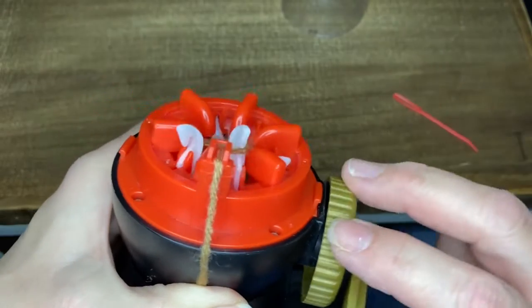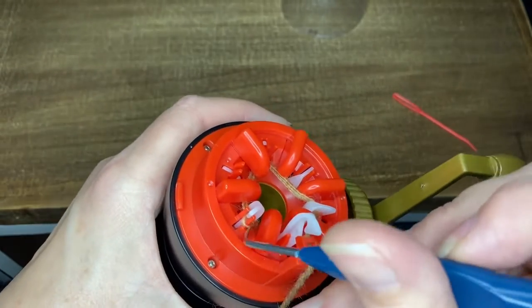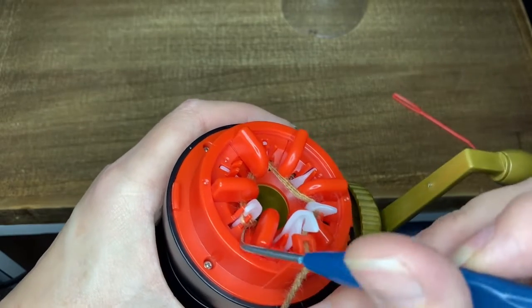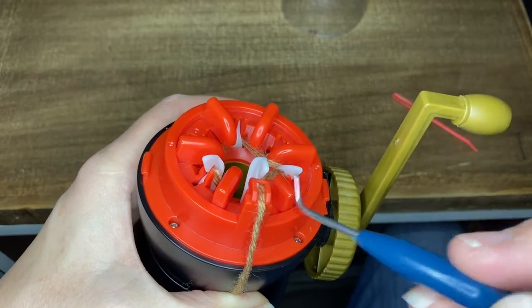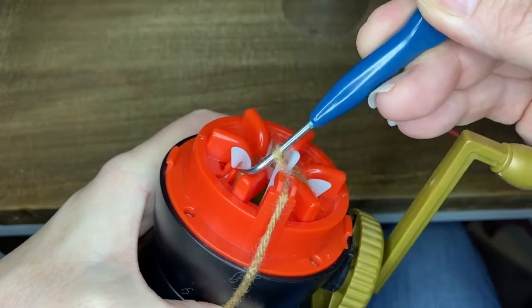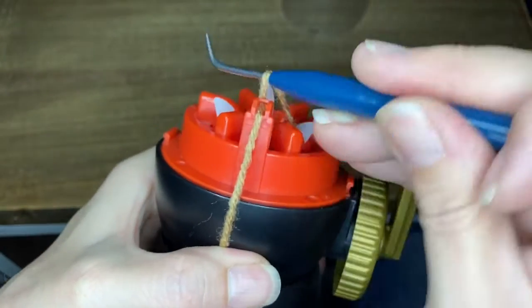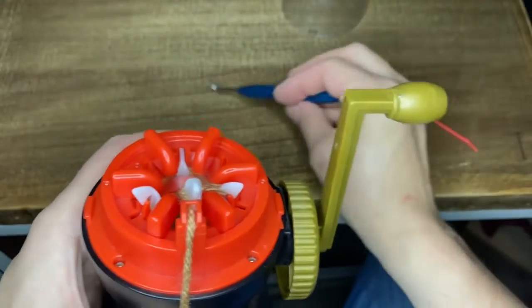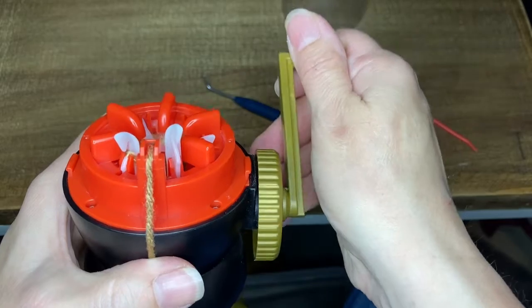Okay, and then we're going to go in front, and this last one we're going to go behind. There are just 6 pins here. Let me get that one underneath. I did split it. There we go. Okay, so this one was in front, this one's going to be behind, and that's our last one. And just like with the other machines, it should be behind. This is a little awkward for me because I'm trying to record it and watch it at the same time. Okay, so now that we have it like that, I'm going to crank just a little bit more, and now